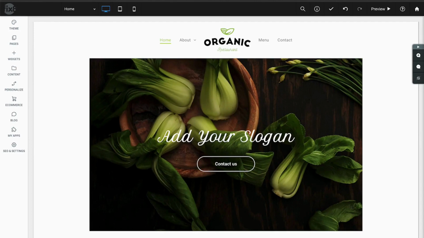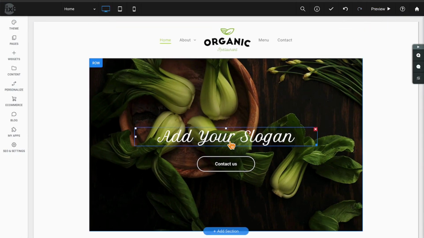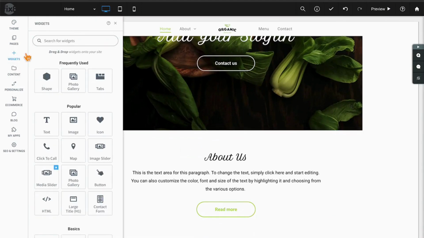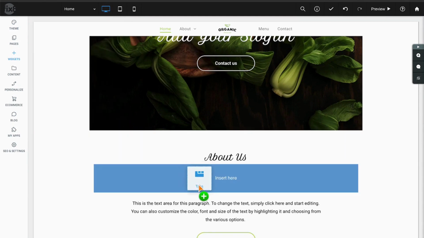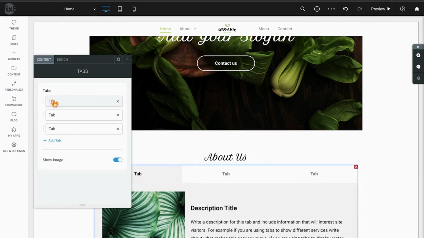Today we're going to be taking a look at the Tabs widget. To begin with, we're going to be logged into our site and make sure that we're in editing mode. Move over to the widgets on the left sidebar and either look for or search for the Tabs option. Drag that to your preferred placement on a row, and it will open up with the usual content and design